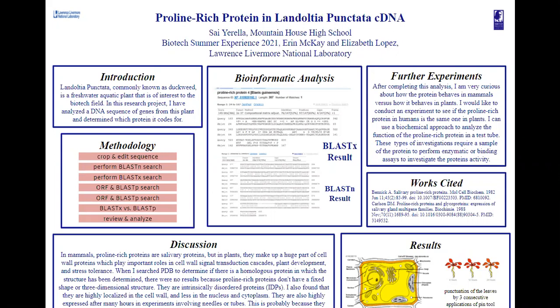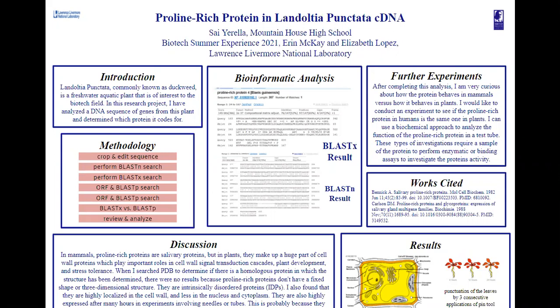my Landoltia punctata cDNA clone. So Landoltia punctata is commonly known as duckweed, and it's a freshwater aquatic plant that is of interest to the biotech field. In this research project, I've analyzed DNA sequence of genes from this plant and determined which protein it